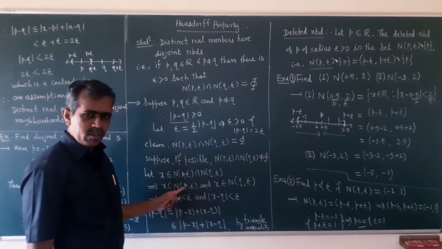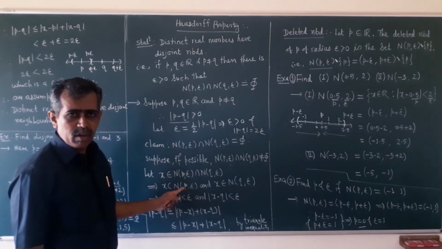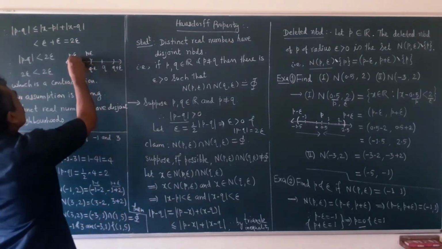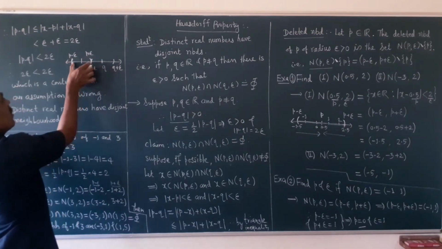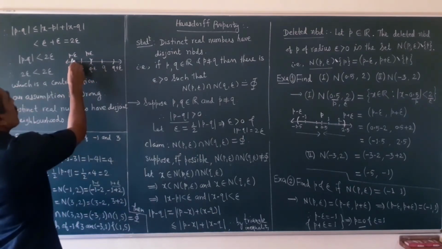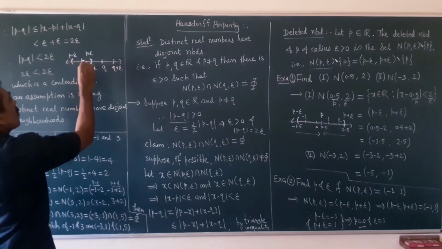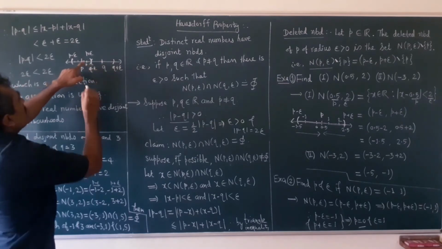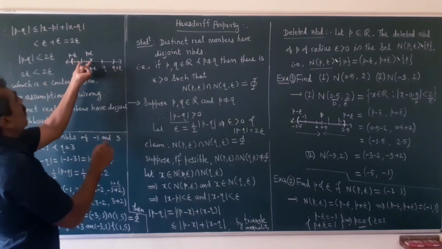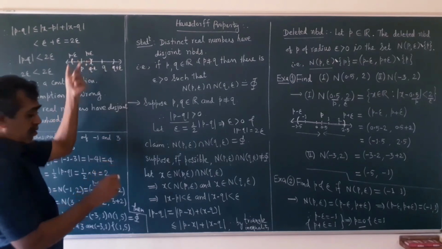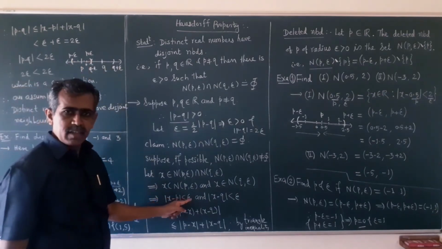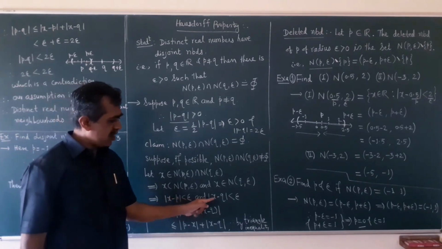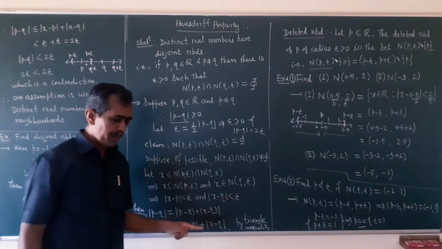So, if x belongs to this neighborhood of P, what does this mean? x belongs to the neighborhood of P. This is the neighborhood of P, this set. x belongs to this means x is here or here or somewhere here. Then what is the distance of x from P? If here is x, what is the distance of x from P? It is definitely less than epsilon. Then mod of x minus P is less than epsilon. The distance of x from P is less than epsilon, and the distance of x from Q is less than epsilon.